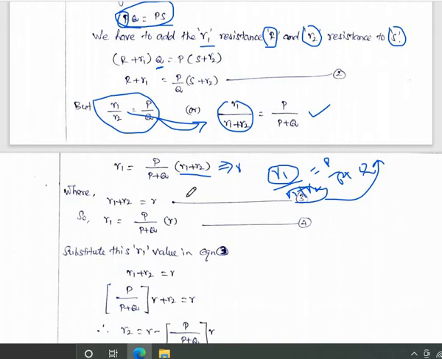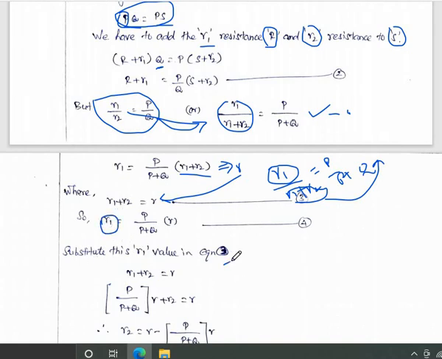So we replace the value of R1 plus R2 with r. So the value of small r1 equals P by P plus Q into small r, and it is equation number 4, and this is equation number 3. Substitute the value of R1